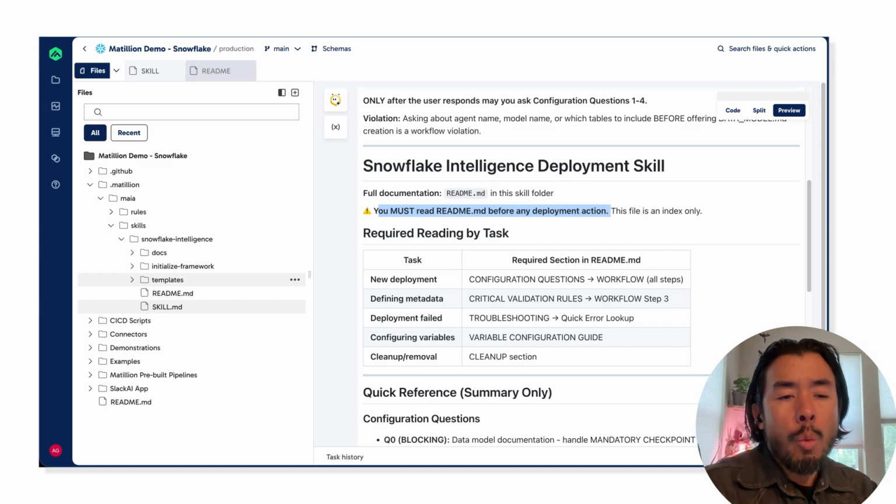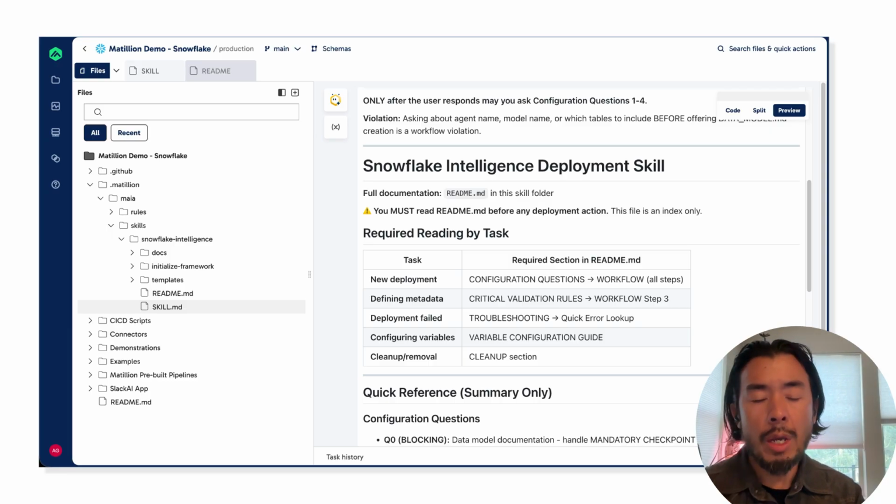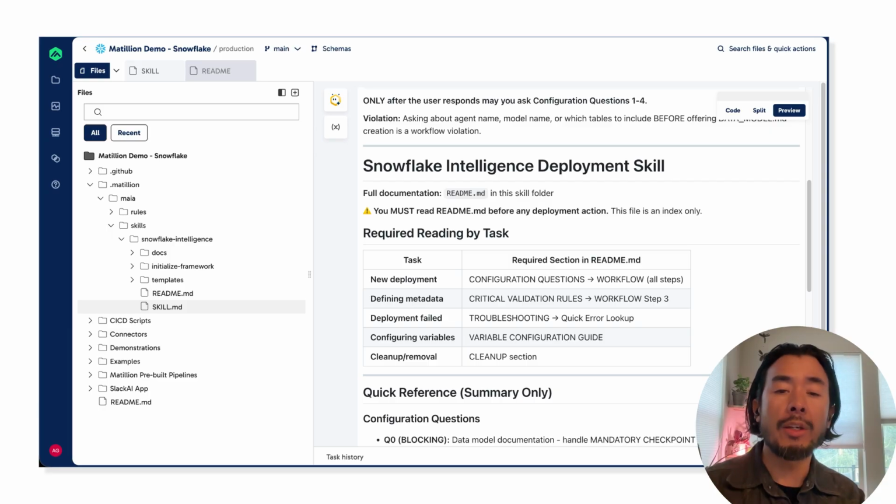it a lot easier. One of the more time-intensive tasks of building a Snowflake Intelligence agent is defining that semantic layer. Now, if you're not familiar with it, what the semantic layer defines for a Snowflake Intelligence agent is the tables that it has access to. What are the relationships between those tables? What are the dimensions and measures that are represented in the data in those tables? Verified queries around those tables, things that we know if you run this query, this is the expected outcome. We've vetted and validated this query. These are all things within that semantic layer that a Snowflake Intelligence agent relies upon to return to that business